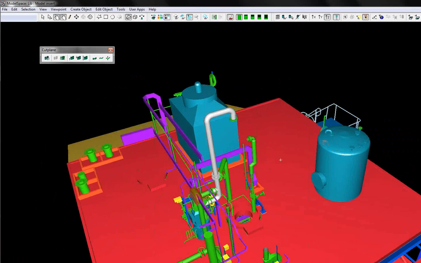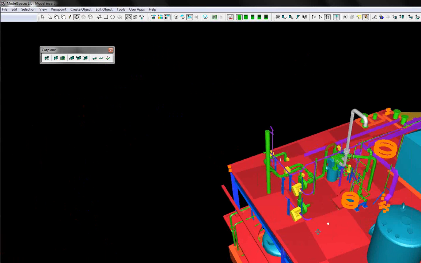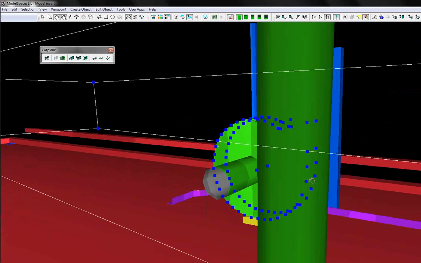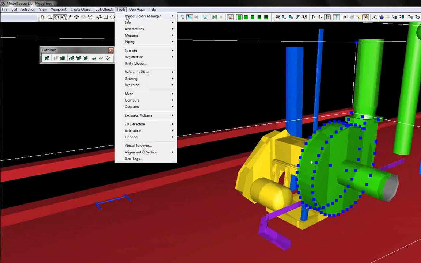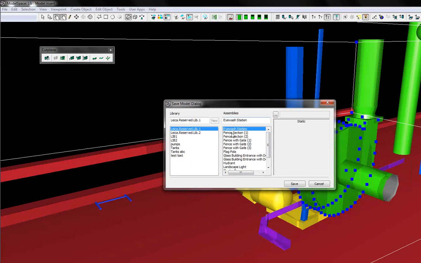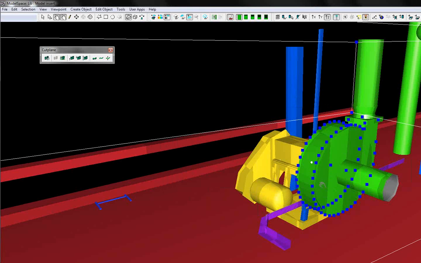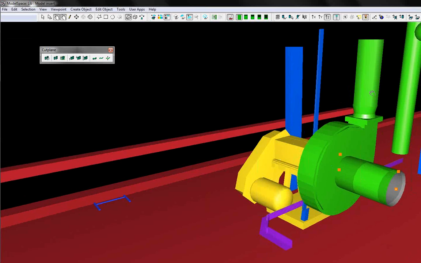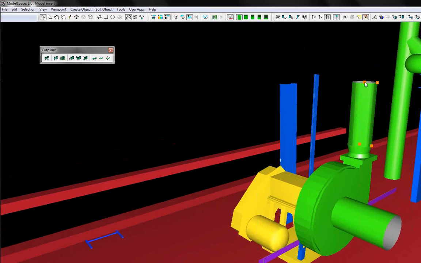But the idea here is to be able to take a group of objects and save it to a library. Let's say I've just spent a lot of time modeling this thing. You can go ahead and just save that, right? Save this model piece into a library and then insert it again and again and again. And you never have to remake that item. And after it's inserted, you can then change the parameters of the connection points, or put another flange piece on the end of it, or adjust the location to make that new piece fit